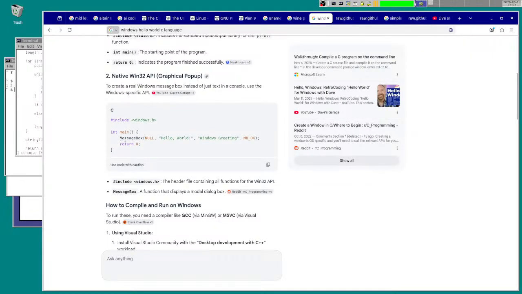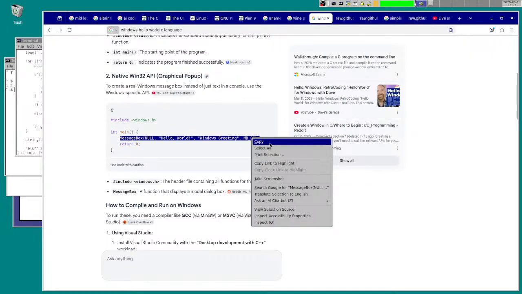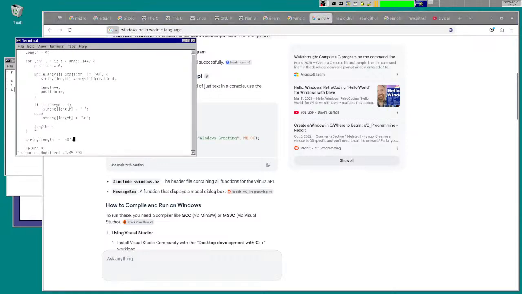Okay, we're going to make a little Windows message box. So this is going to be our echo W program. It's going to echo our string, and the title of the window will be echo. So it's going to be a Windows Echo program.